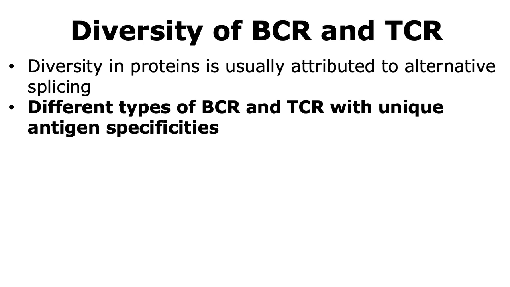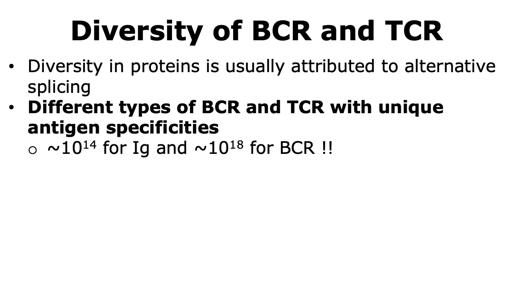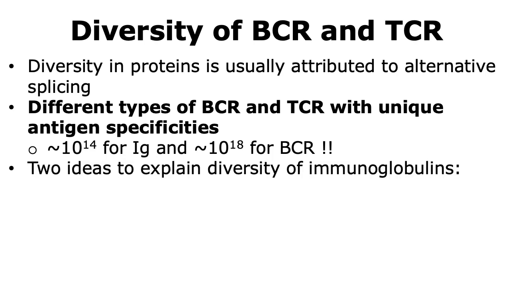And in order to explain how this diversity has come about in the case of immunoglobulins, two theories have been put forth. The germline theory states that each immunoglobulin is encoded by a separate gene that is inherited. Now, this was proposed many years ago, and it is a little difficult to envision that we will have one immunoglobulin that codes for one gene, as we now know that we have a limited number of genes in our